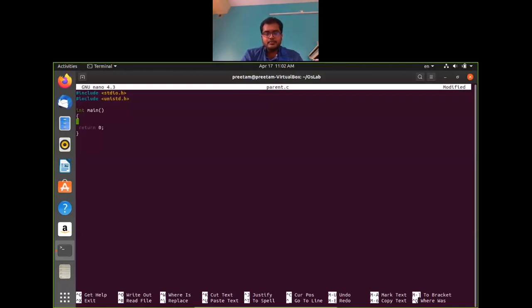So anyways, to create a process from your program, we use the fork command. So what does the fork command do? This fork command actually creates an exact copy of this same process. It will create the exact copy of the currently running process, or the process from where the fork is being called. We'll see what this exact copy means, except for a few differences.